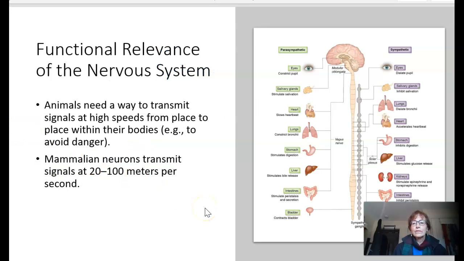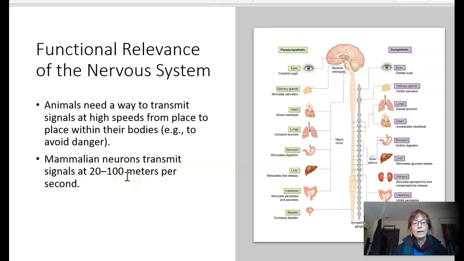We look at the nervous system as being critical to all organisms, but particularly to organisms that have more advanced structures, because we need ways of controlling and communicating information very rapidly within our bodies for lots of reasons, including the basic primitive ones of avoiding danger and protecting ourselves. Mammalian neurons are super fast, and this number, 20 to 100 meters per second, is a